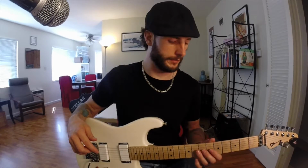And really, there's a lot more you can do. You can add bends. You can learn other guitar solos and apply those licks to the pattern that you're playing, or the solo that you're improvising over your chord progression. So my advice to you from this point would be to figure out a chord progression that you like, find a scale that sounds good with it, find a way to record your progression, or have a friend of yours play that progression while you go back and forth and try to solo on top of it. Using these little patterns and trying out different tricks, just do whatever comes naturally to you and really pay attention